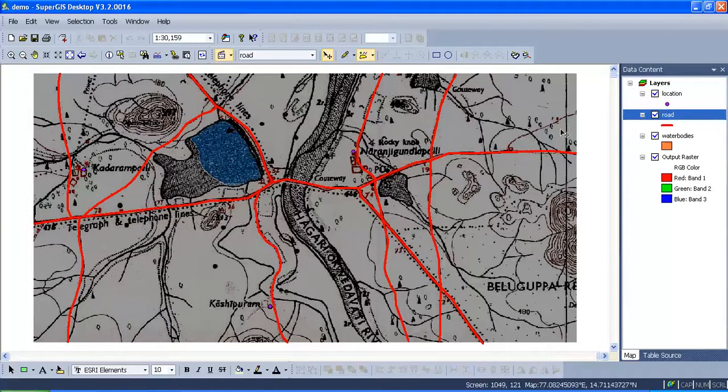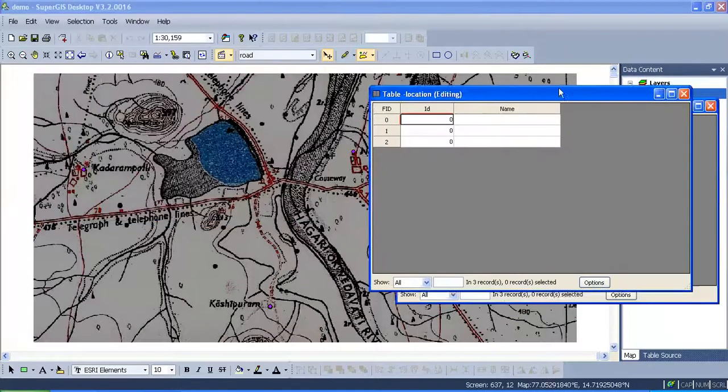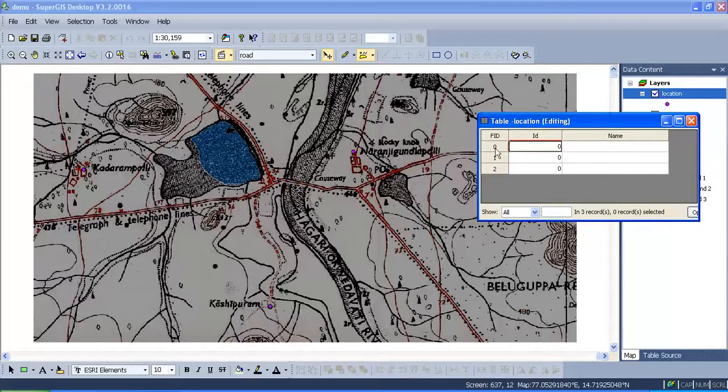Now we'll give the non-spatial or attribute information to the point and line features. Whichever is convenient for you, first you digitize all the features and later you can give the non-spatial information. Now we'll switch off the road network. Now I click on the location and select open table. Now this is my table, so I have got 3 entities. Now I need to give information like location name.